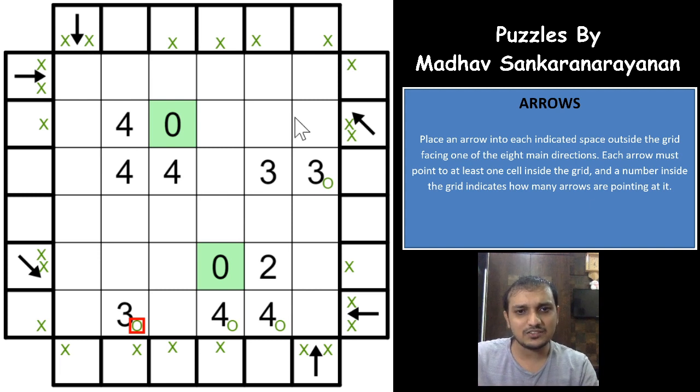And what happens here is that out of the 6 cells, 2 cells are already eliminated by the crosses, cannot point the 4, which means all the other 4 cells will have to point the 4. There are exactly 4 cells remaining to point the 4. This is 1 cell, this is second cell, this would be the third cell, and this would be the fourth cell. These are the 4 cells that will have to point the 4. There is no other cell that can point towards this 4. And now we can mark those cells actually.